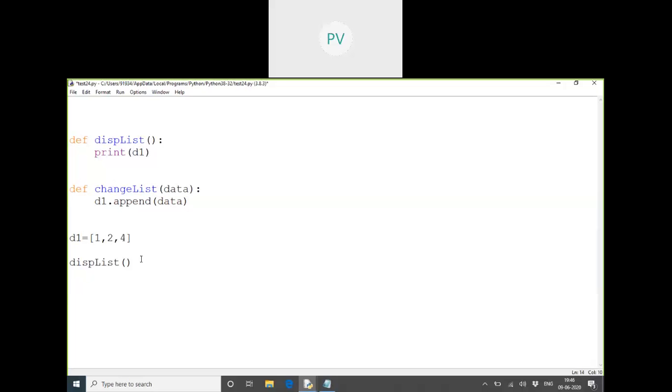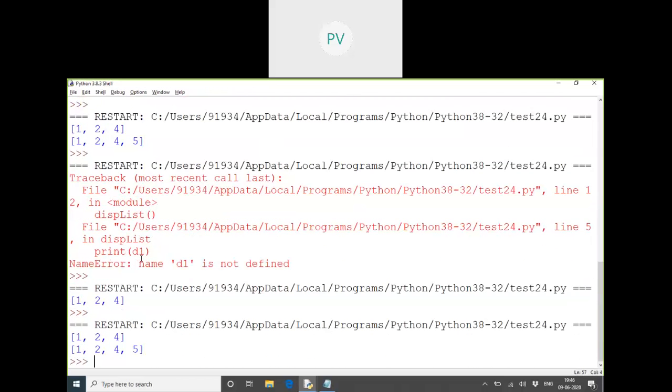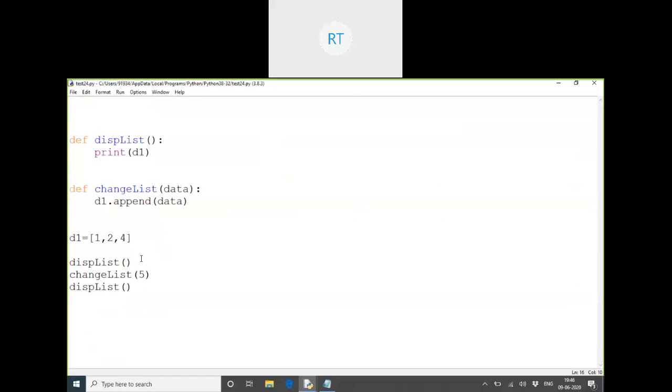Okay, so this is display list, change list, and again if I display list, what is the output? One, two, four, five. Yeah, so this we are already clear. Now only one thing I want to say here is,